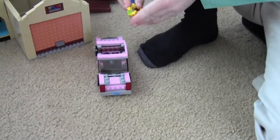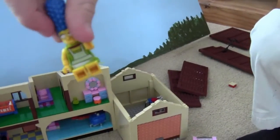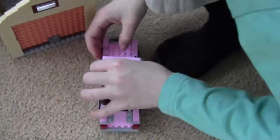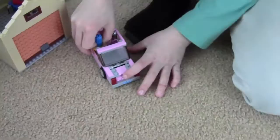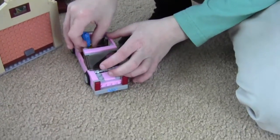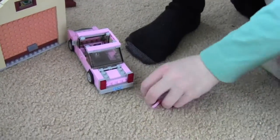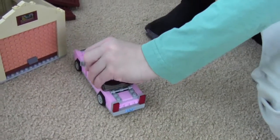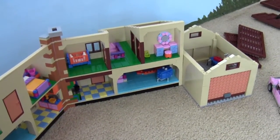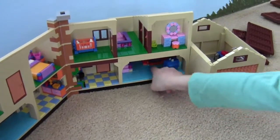So I better show you. Her legs don't bend that great either. See, that's what happened, and I'm not even sure if it's possible to get her to stay. Yeah, I don't think it's possible. There. And then this one actually makes the stuff look a little bit ugly, but the pegs stick out of